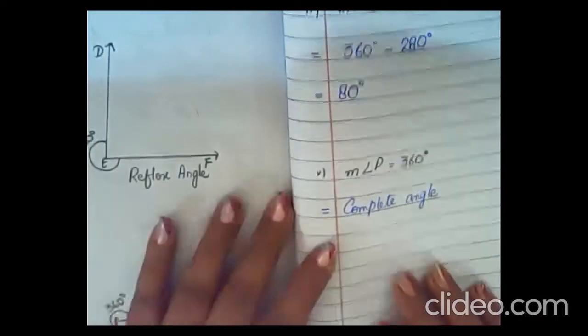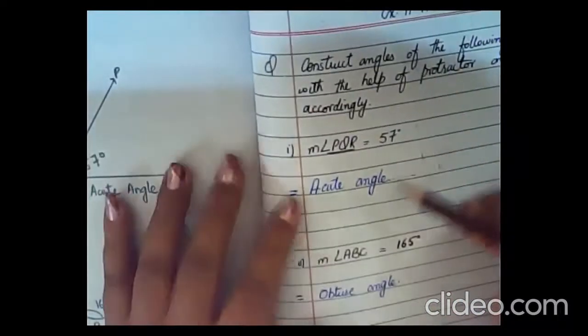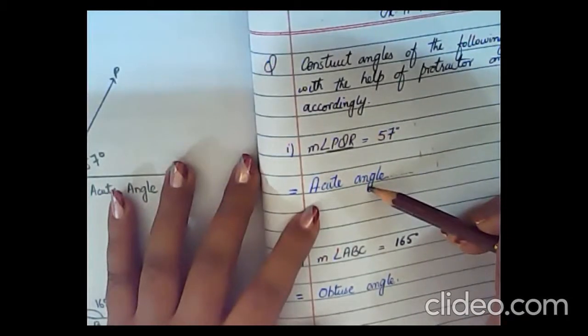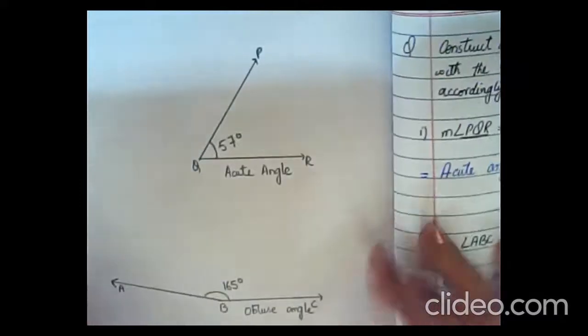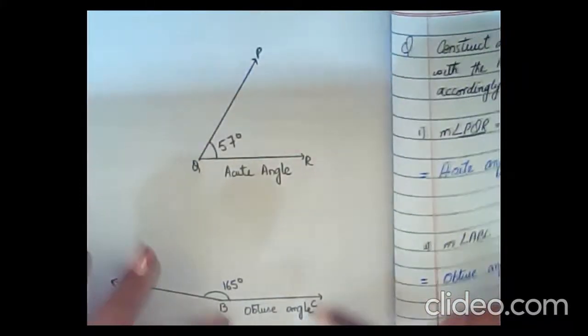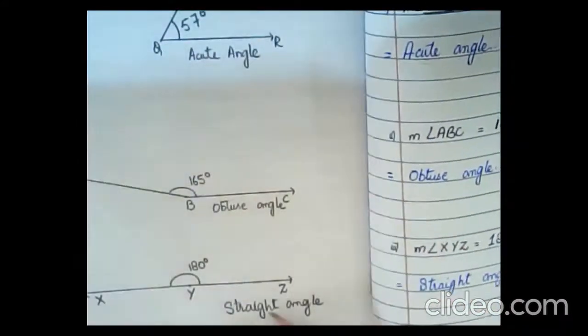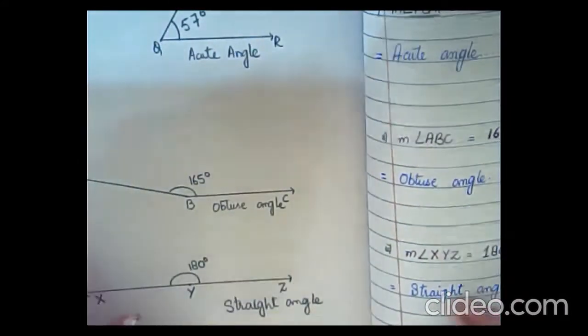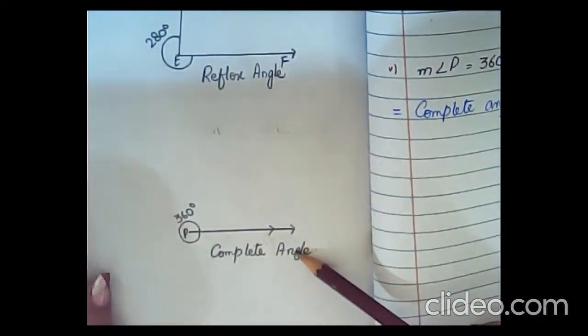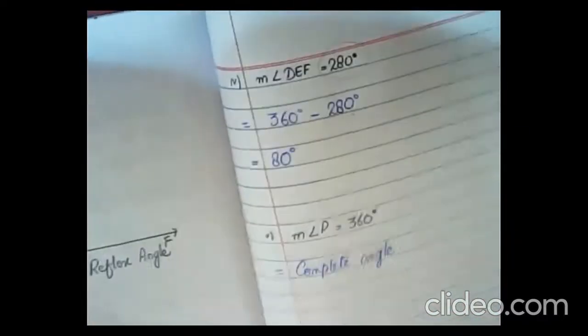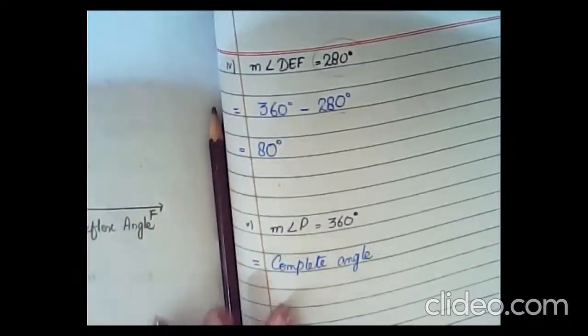Okay, now this is the way to draw the angles. Now, what you will do for this, you will write down the answers here, the answers of all the measurements. This is acute, this is obtuse, this is straight angle, right? And this is reflex angle, and this is complete angle. Understand? Clear? Now, I'm going to stop the video